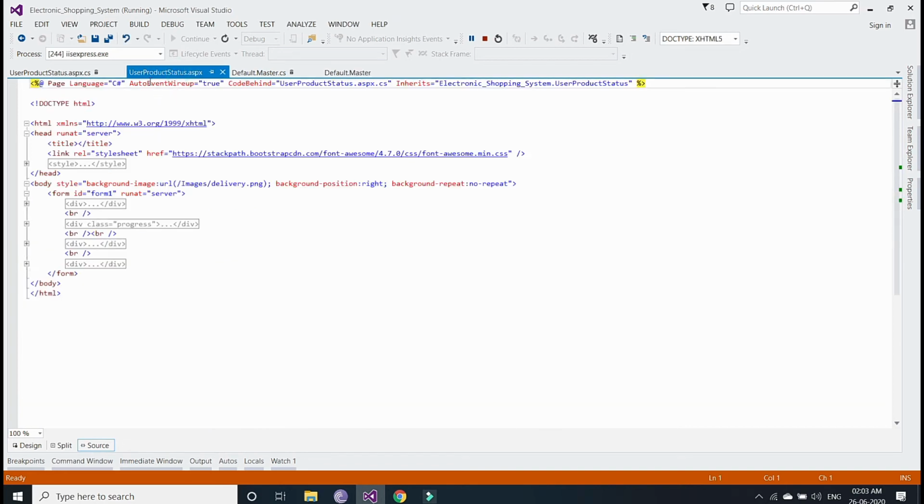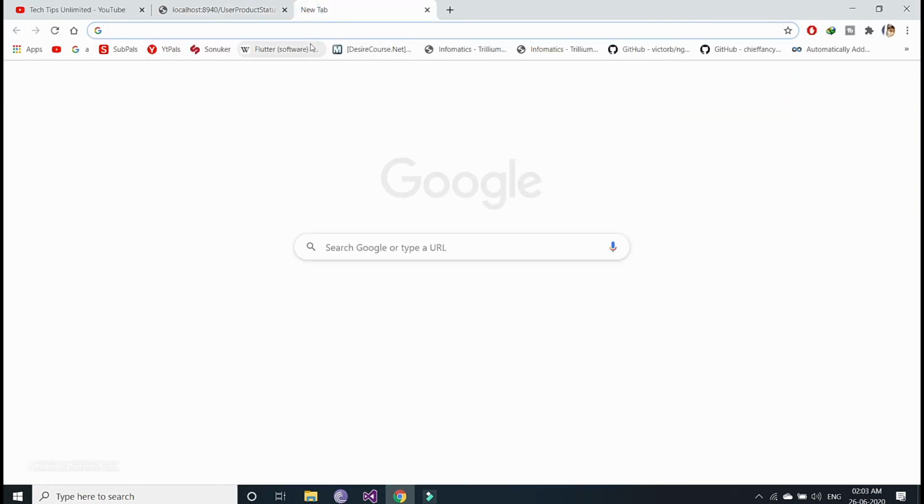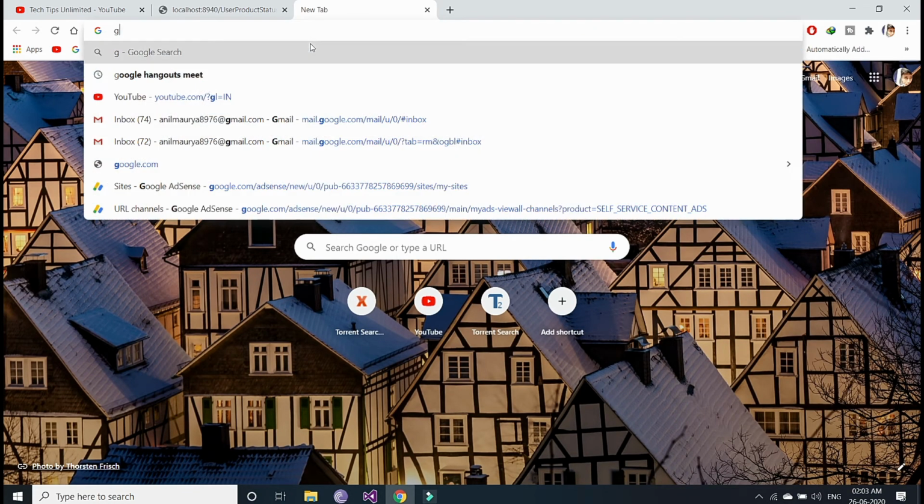of the user product status page, first of all I have taken one link, that is a bootstrap link, because I have used bootstrap here. So I have provided the link of bootstrap. You can find it in Google also. If you want, I can show you how to get bootstrap.